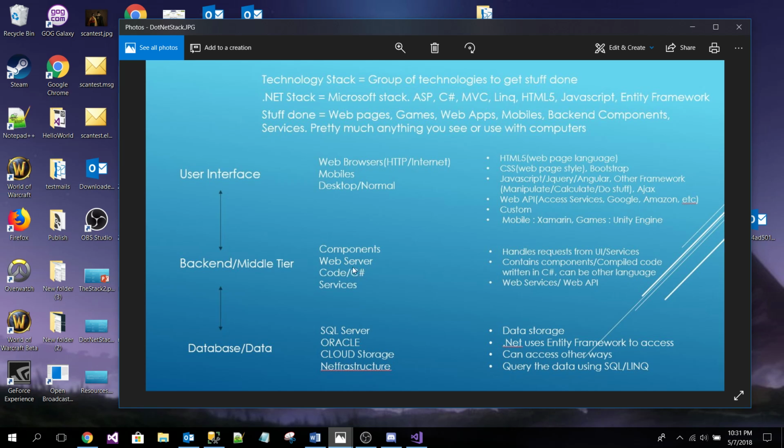But yeah, you guys are kind of decent with the middle tier, somewhat, which is what we've been working on a little bit. And you guys know SQL databases. How do you feel about SQL databases? Getting comfortable in it. Yeah. And how .NET uses Entity Framework to access data. Okay, so slowly but surely,